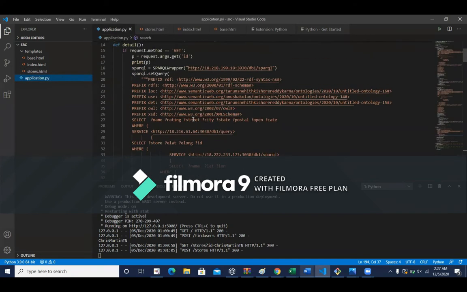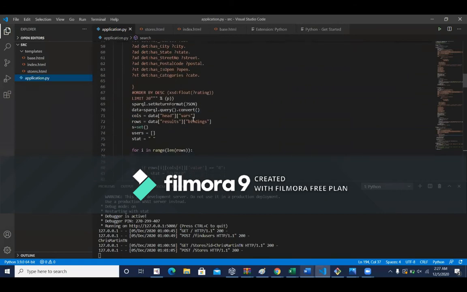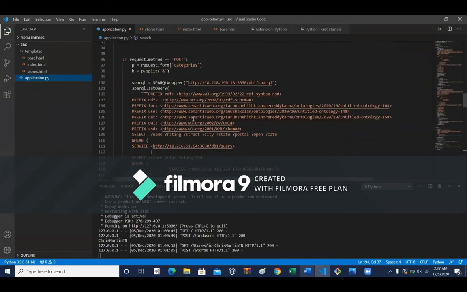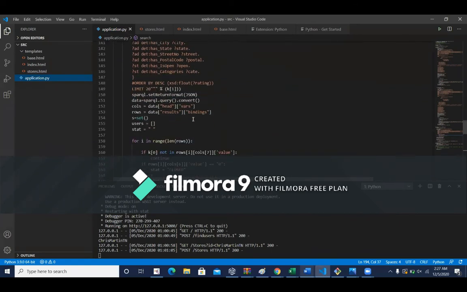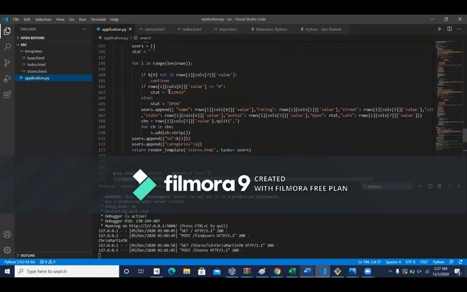So inside the server, I put an if statement. So when I get a post request, I run the query again to retrieve the stores. And when I'm copying it to the JSON data, I'm only sending the data if the category is in the categories of that store. So now the displayed stores will be only of the category that the user selected.